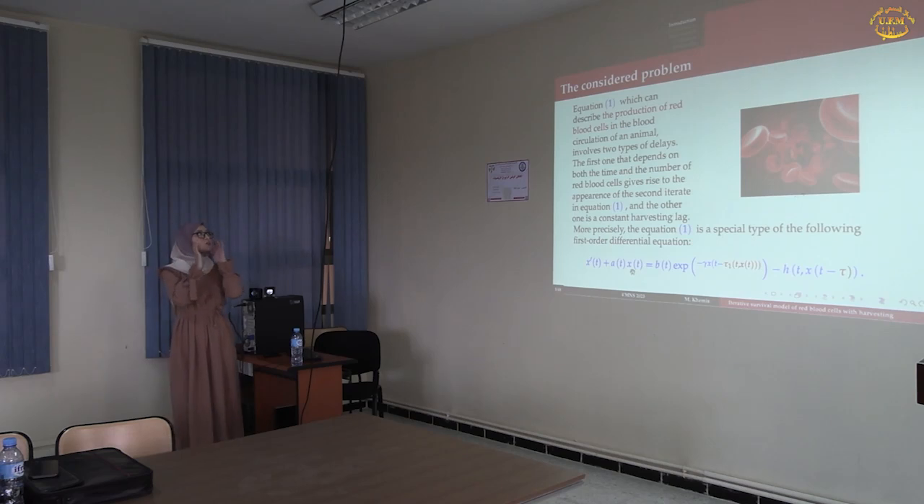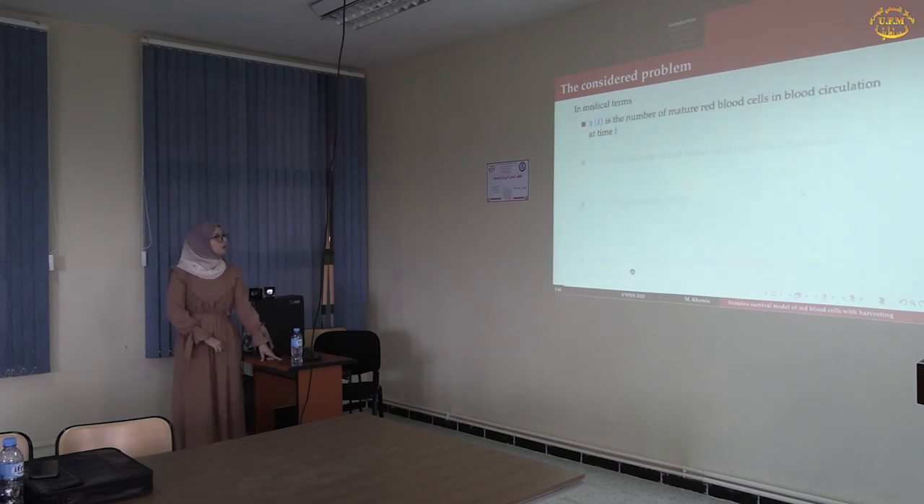Equation 1, which can describe the process of making red blood cells in the blood circulation of an animal, involves two types of delays. The first one depends on both the time and the number of red blood cells, and the other is a constant harvesting lag. More precisely, equation 1 can be considered as a particular case of the following first-order nonlinear delay differential equation,